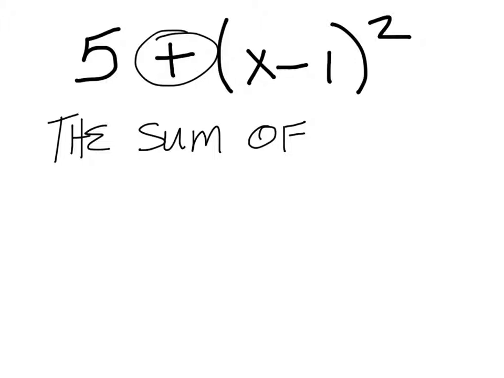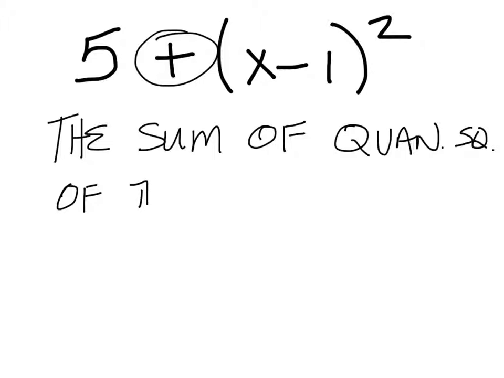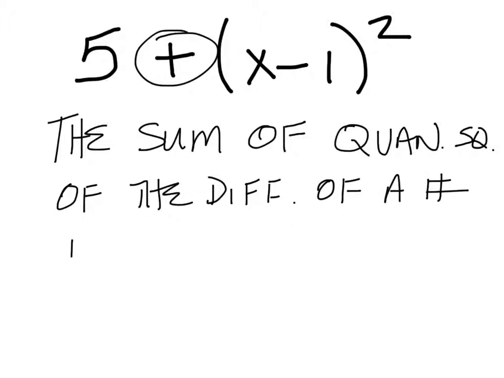The quantity of the difference of a number and 1 squared. The quantity squared of the difference of a number and 1. Right, the quantity squared of the difference of a number and 1,